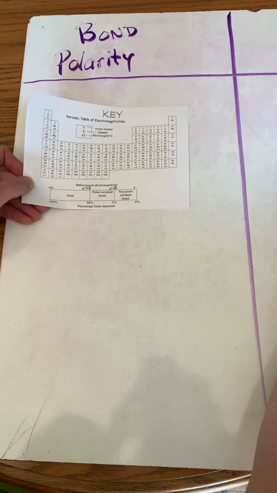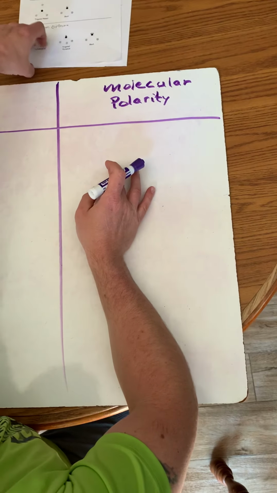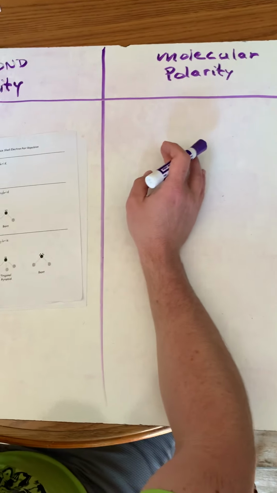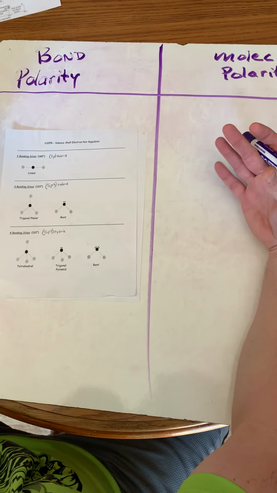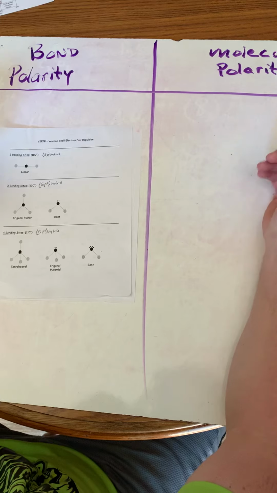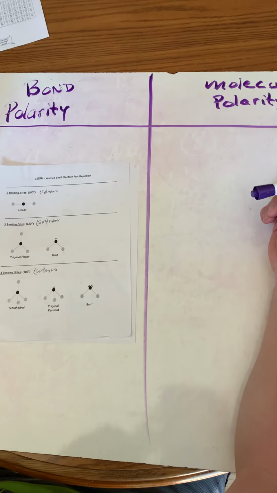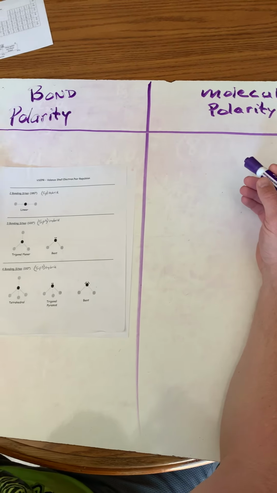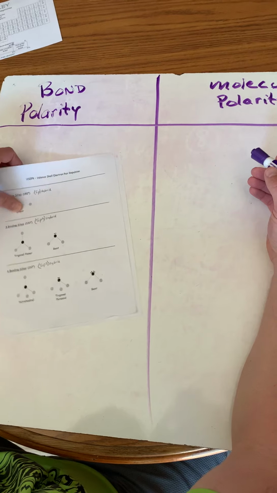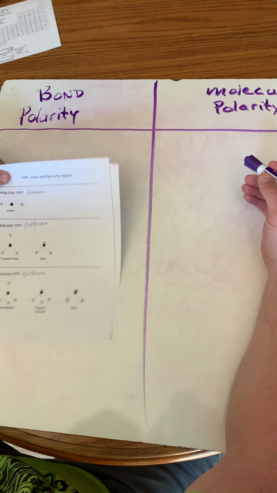To do molecular polarity, you need this sheet. So the molecular polarity wants you to basically see if the molecule shows polarity or not. Or is there a net direction of pull between atoms? So to do this, it's really hard to do when you don't have the 3D model, but to do it with this sheet,